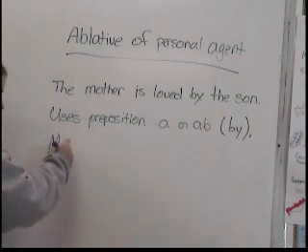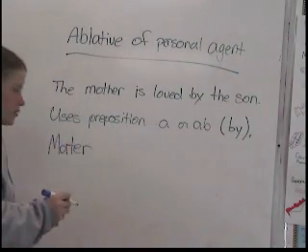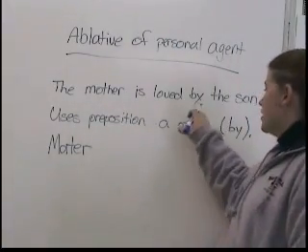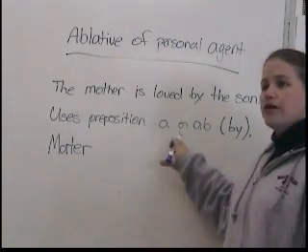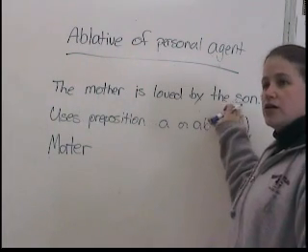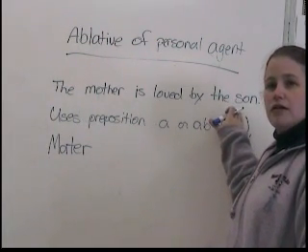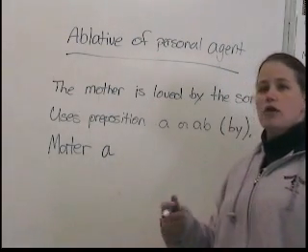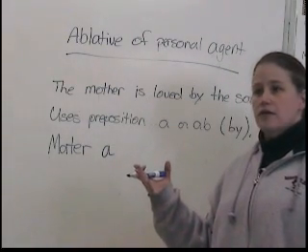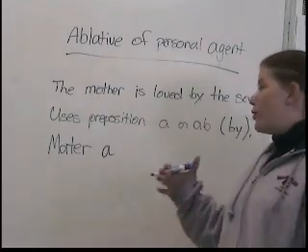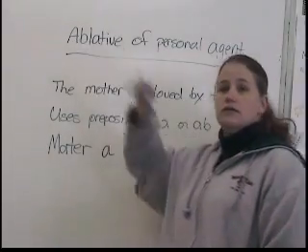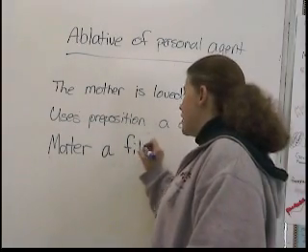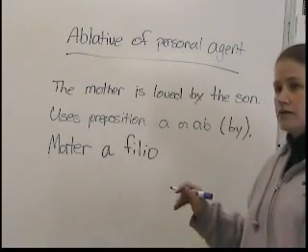The mother, mater. And now I'll use ablative of personal agent to say by the son. So by is going to be a or ab. To figure out which one, we need to look at the word son, which is a consonant. So we'll use a. Now we need to take the word for son, filius, and put it in the ablative case, because it's ablative, filio. And now is loved.